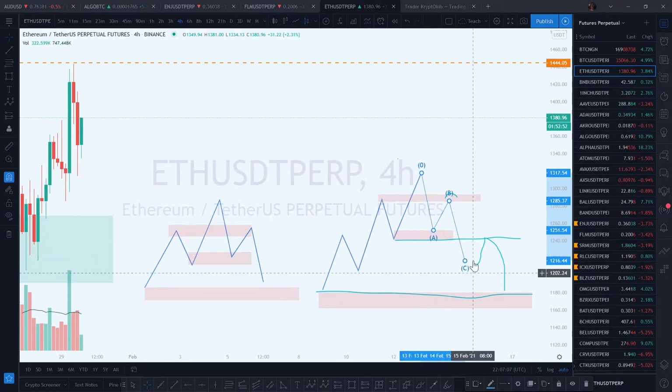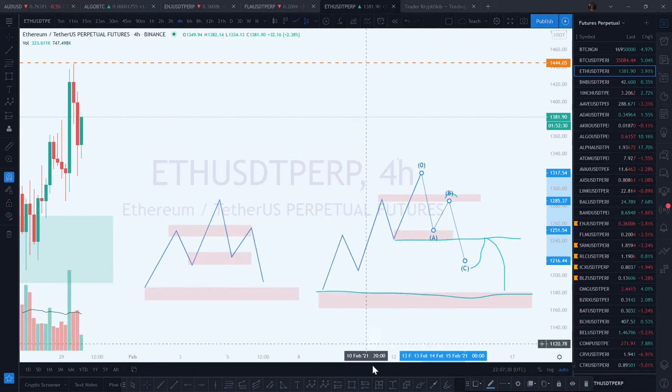And then once that is done, you start seeing it breaking all levels of supply or resistance and then going up and making a higher high to this very high at the end of the day. So here will be your invalidation level when you have big waves like this and you're expecting a big correction. So if you want to take trades on this, assuming you have a demand zone here, you have another demand zone here,